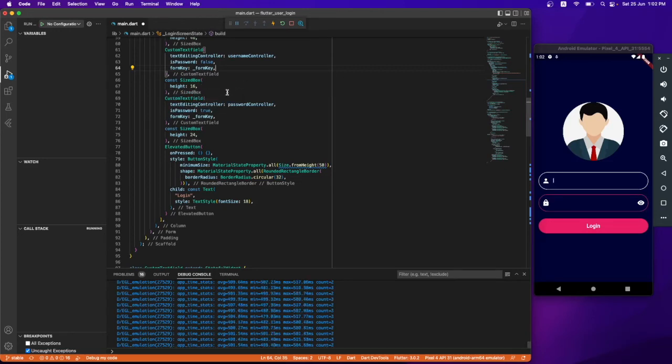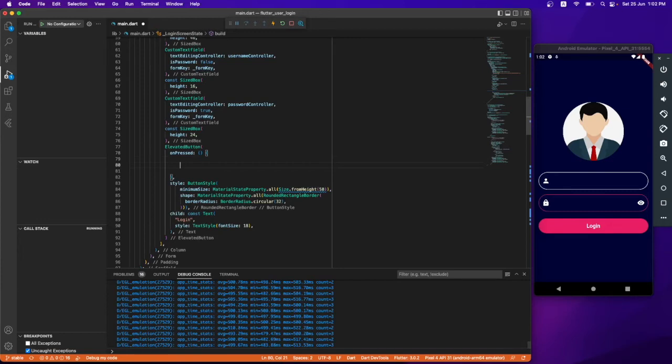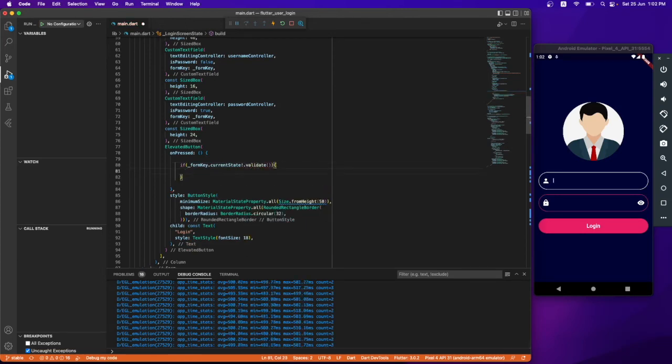What I mean is, these actions will be performed on user interaction. For example, if your user clicks on the button, these conditions would work. So we will go in the onPressed. Whenever the user clicks the button, something needs to happen. So here we are going to add if formKey.currentState.validate. It means if the form is validated,